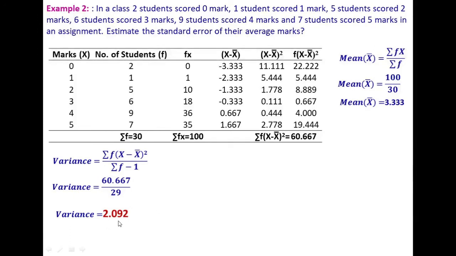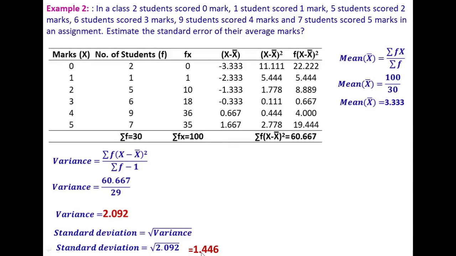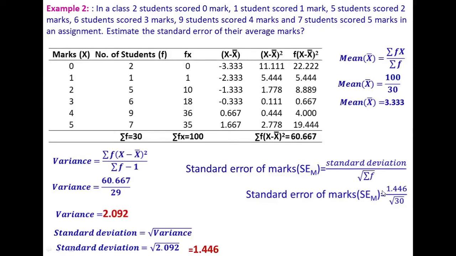By taking the square root of variance, we can also calculate the standard deviation, and for this data set, it is 1.446. Finally, we can calculate the standard error of marks by using this formula, standard deviation divided by square root of summation f. And after putting all these values, we can calculate that for this example, the standard error of the marks of student is